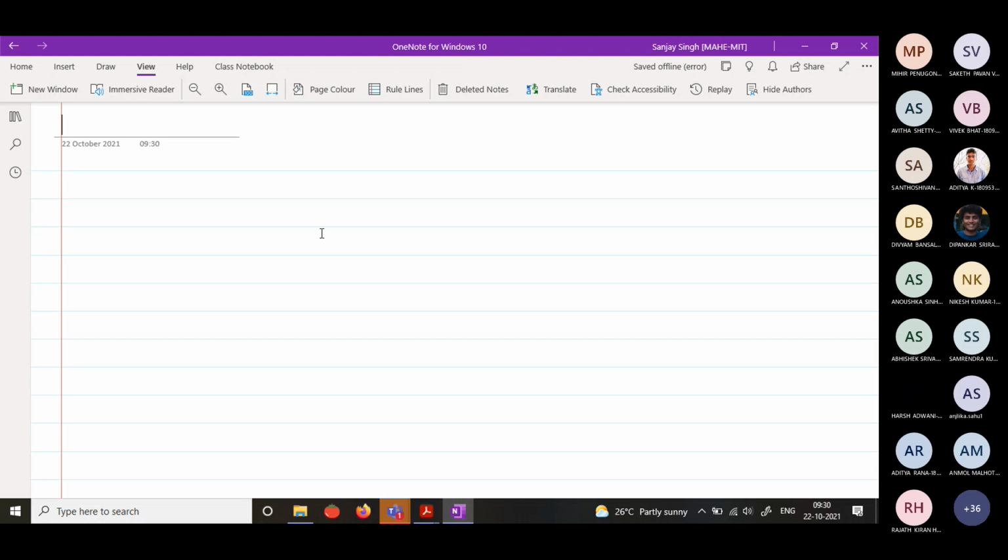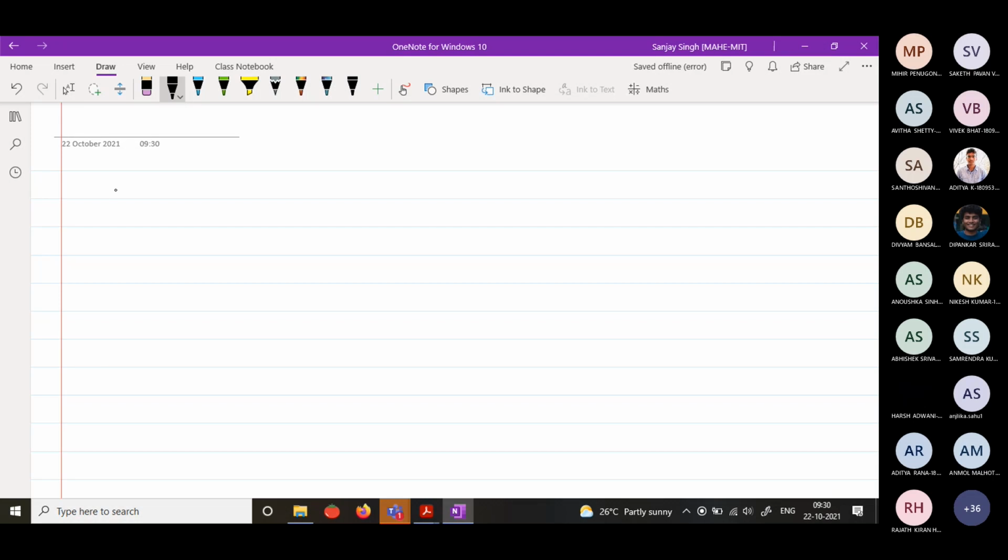So let me write this formula once again here. k(xi, xj) equals 1 plus xi1 square xj1 square plus 2 xi1 xi2 xj1 xj2 plus xi2 square xj2 square plus